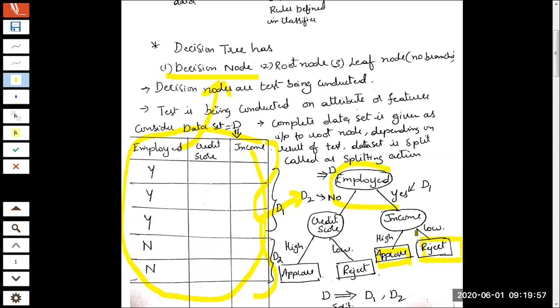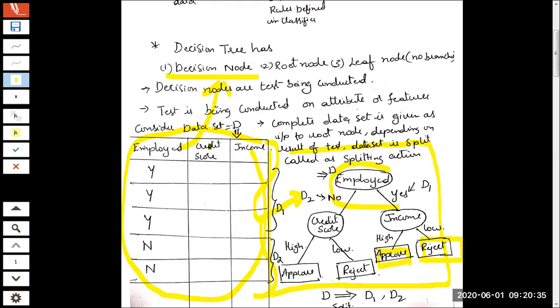In this example, you can see we are deciding whether a loan should be given to a specific loan applicant or not. So the classes are approve or reject. These classes were predefined, as I already mentioned, classes will be predefined. A decision tree has been constructed, and you can see the decision tree being displayed on the screen. This decision tree was constructed based on the previous data that was available.